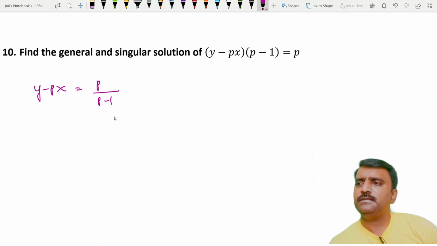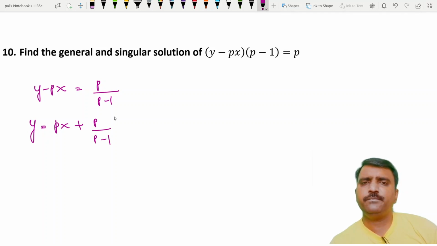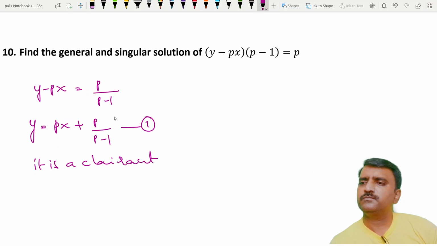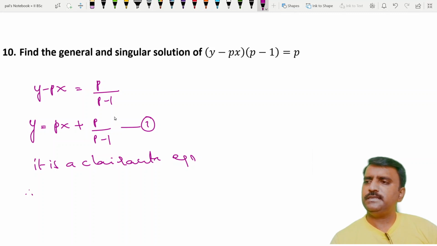So again you write this as y is equal to px plus p by p minus 1. Now it is in standard form, so it is a Clairaut's equation. You take it as 1. So clearly it is the Clairaut's equation. Therefore its general solution is